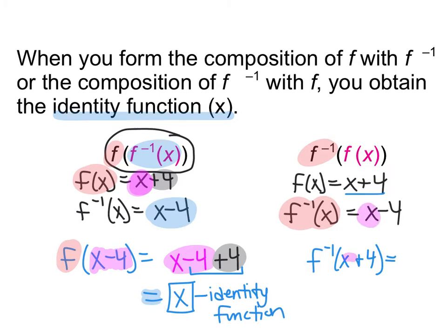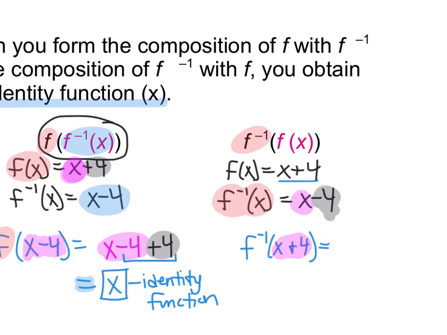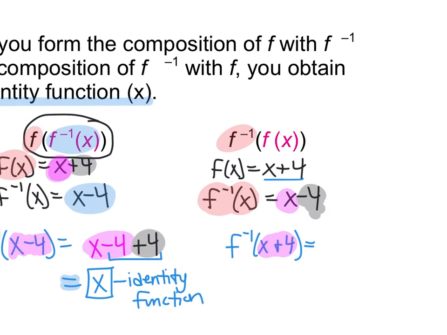Instead of x here, we're going to write x plus 4, and then we're going to keep the minus 4 at the end. The x, we replace with x plus 4, and we keep the minus 4. Here's where those substitutions went in. Instead of x, we did x plus 4, and then we just rewrote the minus 4 at the end because that did not change. Then if we simplify, we get that it equals,